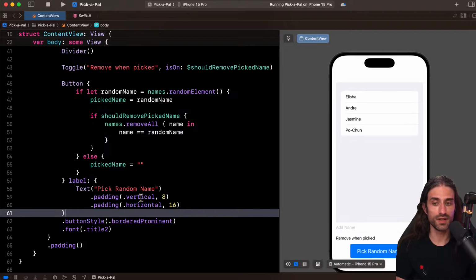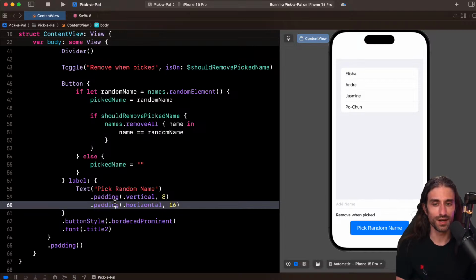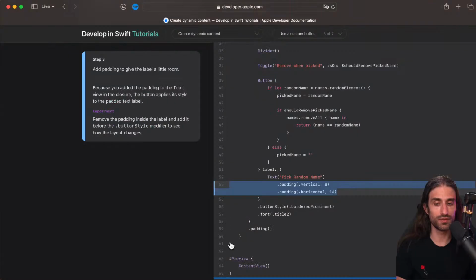So you really want to make sure that you put the padding on the label and not on the button itself. It's actually a very common mistake in SwiftUI, and I have a video coming just about this topic in a few weeks, because it's a very easy mistake to make, and depending on how you write the code, you could have the button look the same in both situations. But here it's going to work correctly, and if you tap on this extra area, it still taps the button. But with the other code, when the padding is applied on the button, if you were to tap on this area, the button wouldn't register the tap, so it can be very confusing for the user.